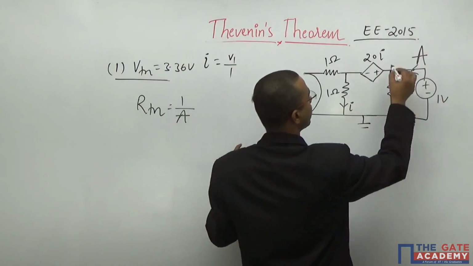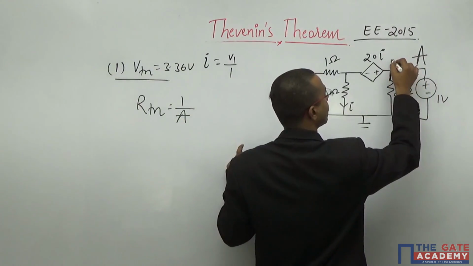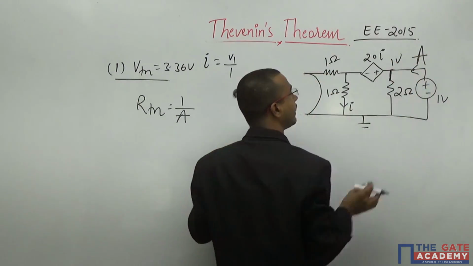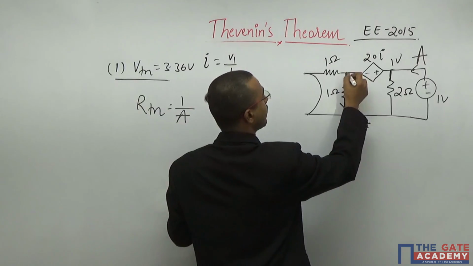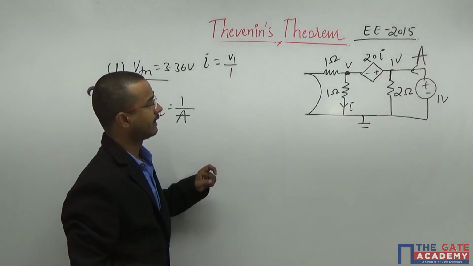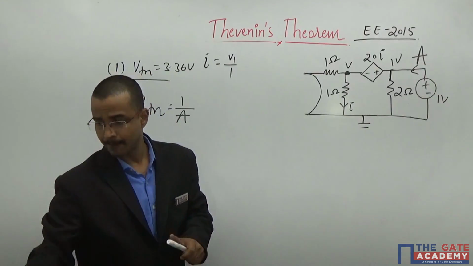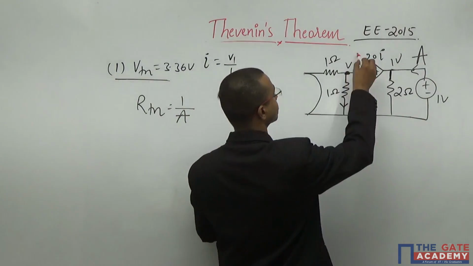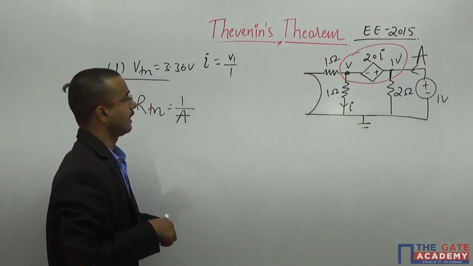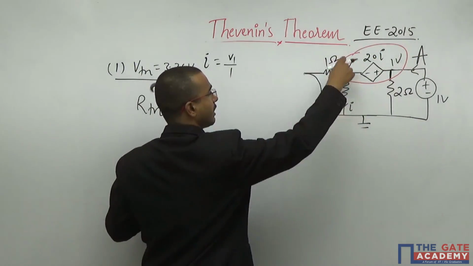Now I am assuming here the value is 1 volt because I have connected the 1 volt battery here. And here I am assuming that the value is V. Then again apply the super node across this, and the independent variable also you have.